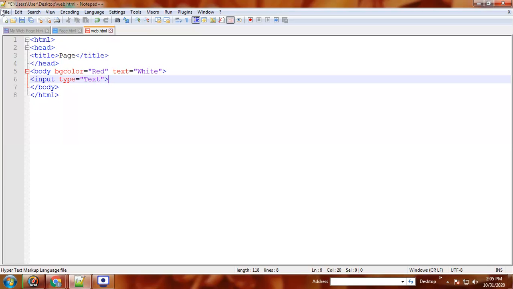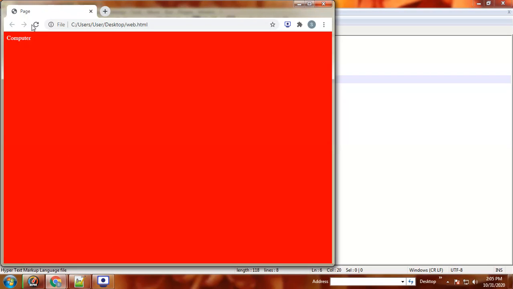Okay, so file, save, refresh. Normal text field, you can type anything, just like this.